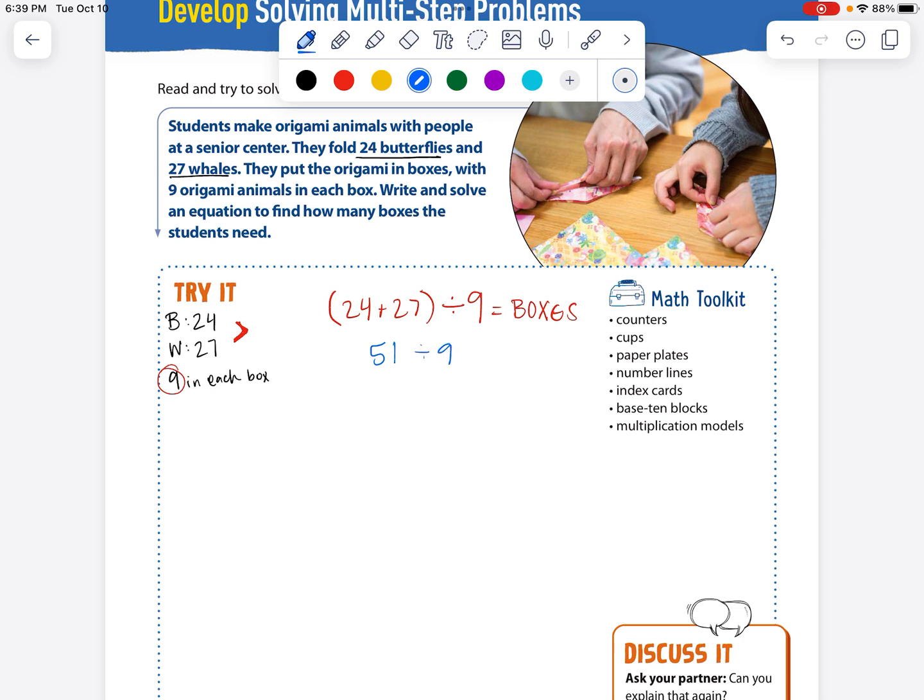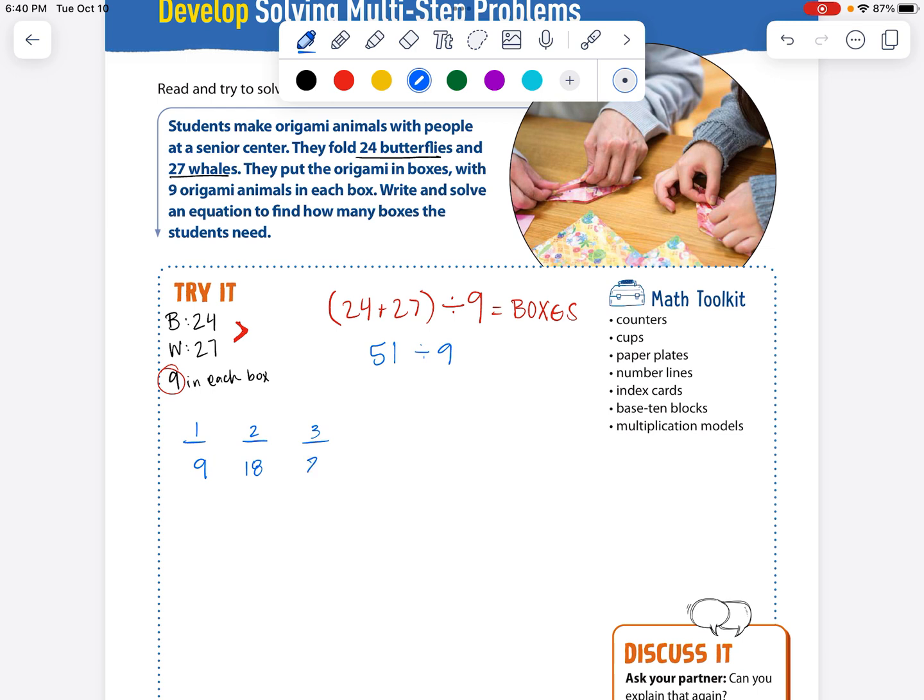Okay, this is what I want you to do first. I want you to count by 9s. Go 9, 18, or we can say these are multiples of 9. This would be box 1. This would be box 2. Box 3. So 9, 18,